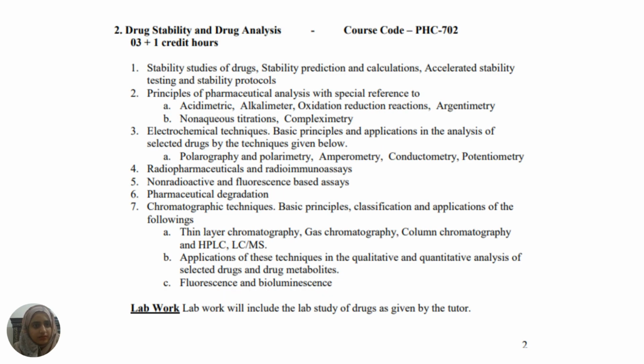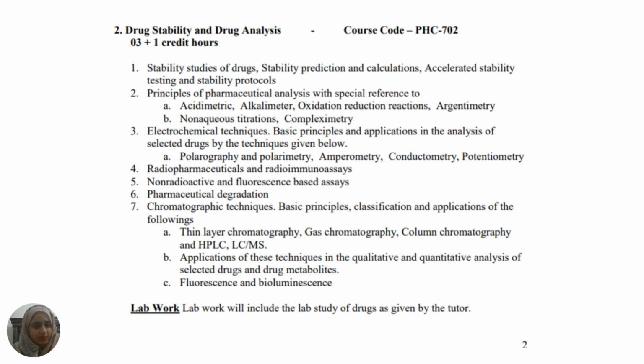Next we have the second subject, which is drug stability and drug analysis, which also has 3+1 credit hour: stability studies of drug stability, prediction and calculation, accelerated stability testing and stability protocols, principles of pharmaceutical analysis with special reference to acidimetry, alkalimetry, oxidation reduction reactions, electrochemical techniques, radiopharmaceuticals, non-radioactive, and